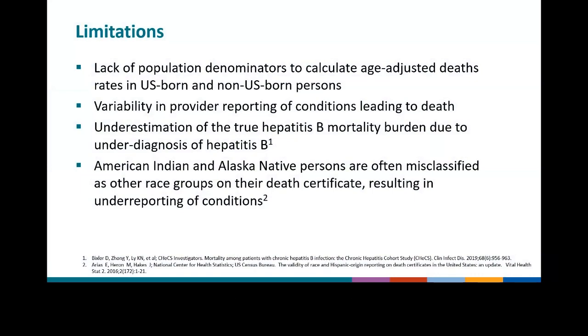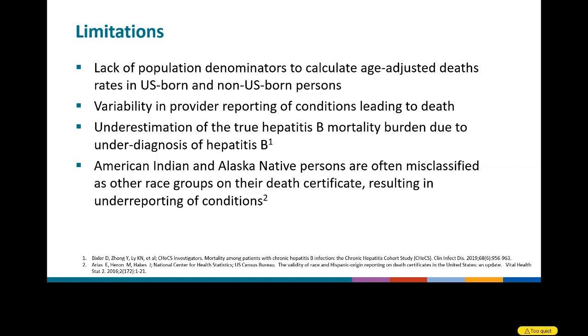We couldn't directly compare age-adjusted death rates for US versus non-US born persons because we didn't have population denominators. So that was sort of our primary limitation. The other thing, and there's a lot that could be said about this, is that there is definitely variability in provider reporting of conditions leading to death. We know that there's an underestimation of true hepatitis B mortality burden due to underdiagnosis of hepatitis B, the study